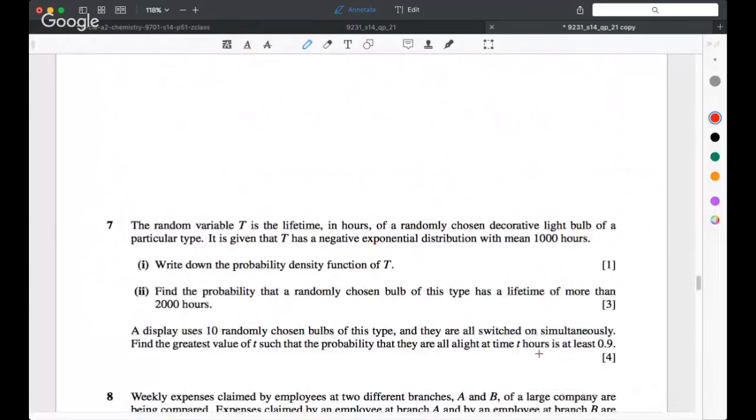Question 7. The random variable t is the lifetime in hours of a randomly chosen decorative light bulb of a particular type. It is given that t has a negative exponential distribution with mean 1,000 hours. So in this case, mean is 1 over the parameter lambda, where lambda is used in the form f of t is equal to lambda e to the minus lambda t,